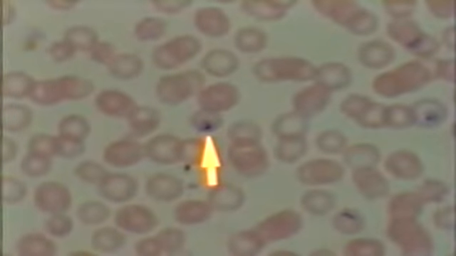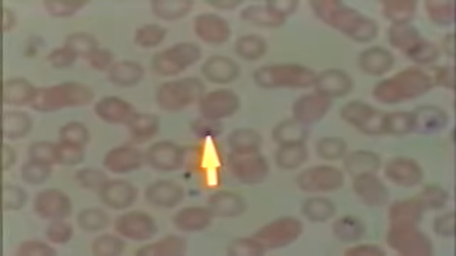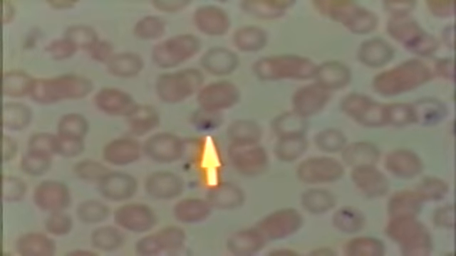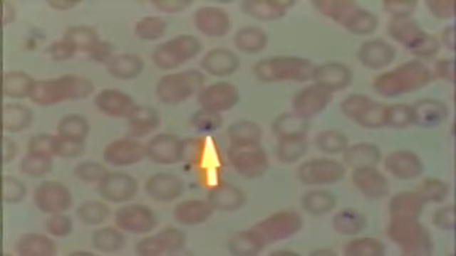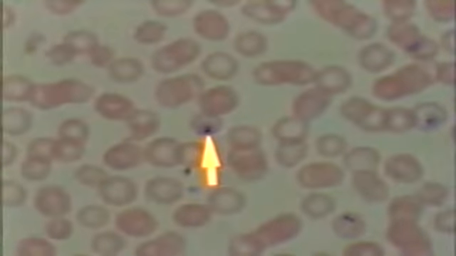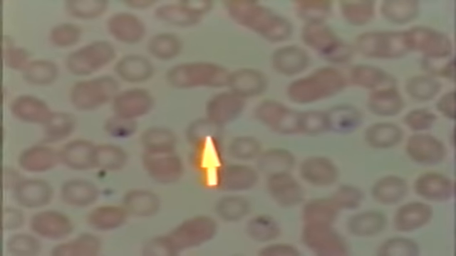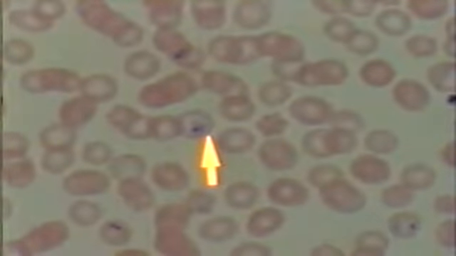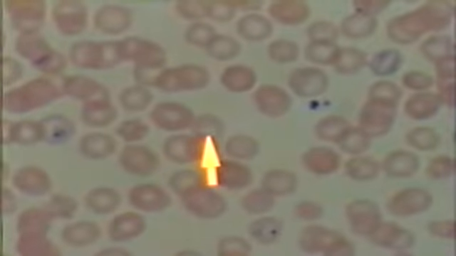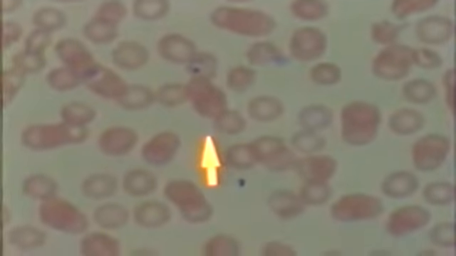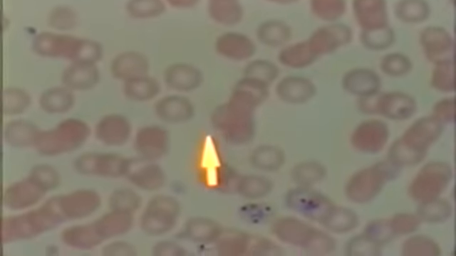At the end of the pointer, for example, is what would appear to be a schizont stage when I look through the objective lenses. However, at this point in the video system, it's very difficult to determine that. One thing you want to look for is the presence of multiple nuclei. That is the definitive characteristic of the schizont stage. You've got to be a little bit careful in doing that, however, because as you look through